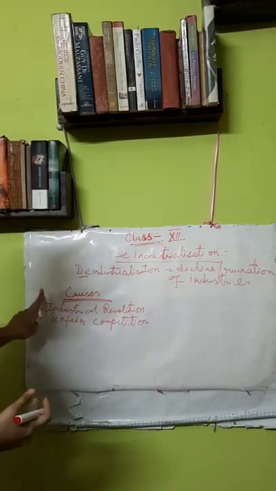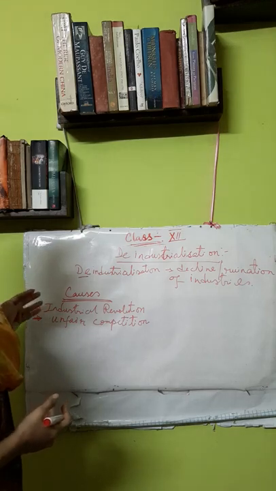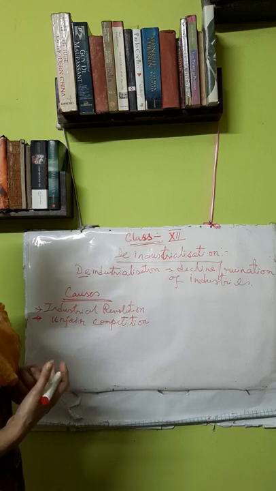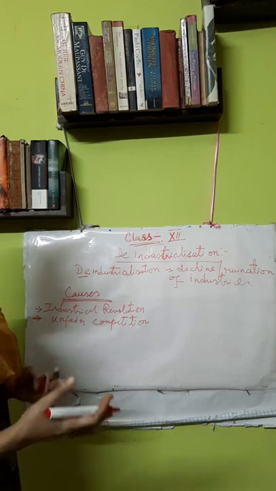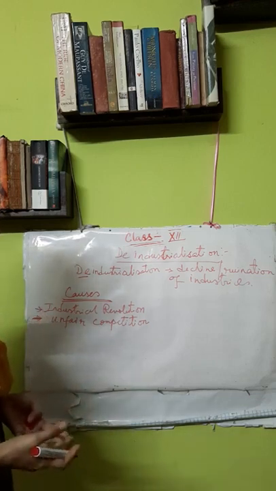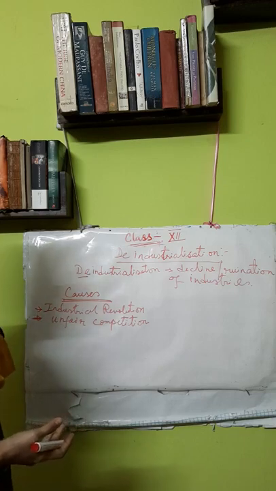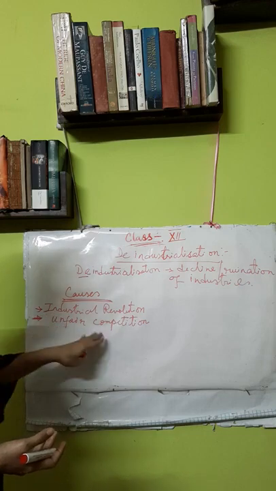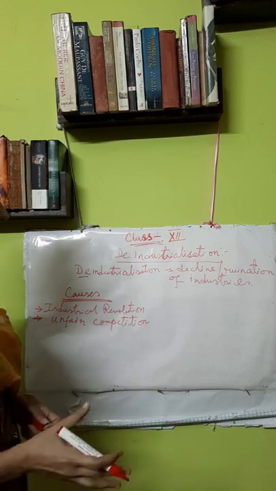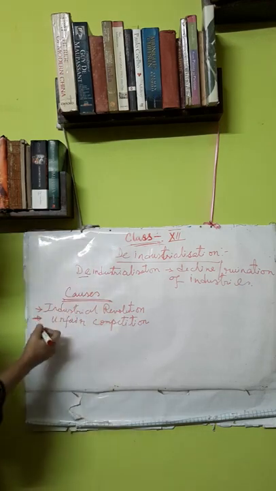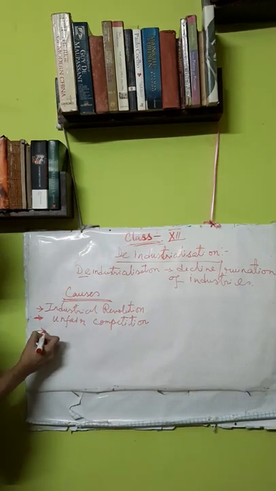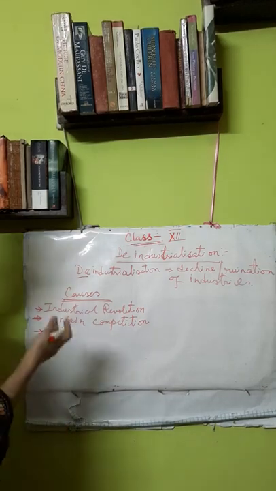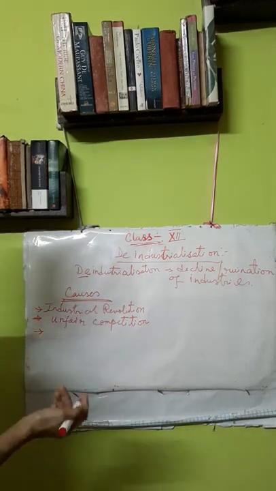After the Industrial Revolution, Britain started sending their products to India, selling them and trying to capture the market in India. These factors were one major cause for the declining of Indian industry. Next is the unfair competition. Indian handicraft goods could not compete with the machine-made goods of Britain, which were finer and also cheaper.